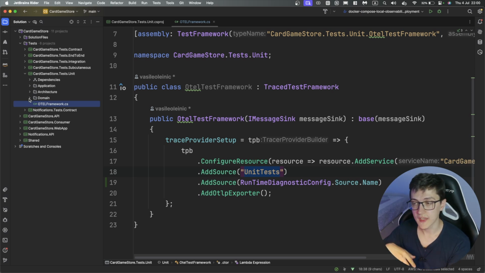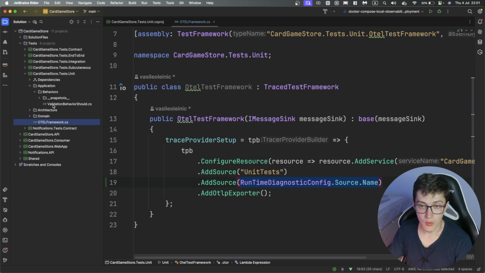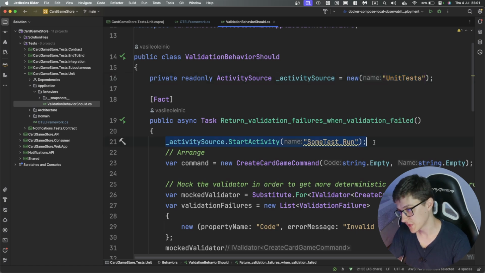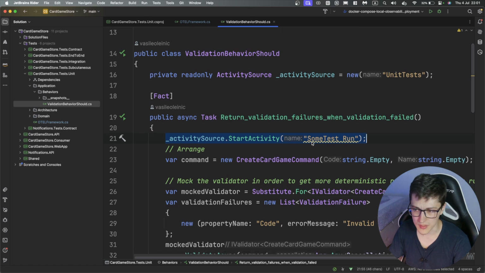If I want to add additional trace information, which is going to be used in cases where I want to add additional activities from within the tests themselves, I'm also going to add the source, which in my case from the API is the runtime diagnostic config source name. Otherwise, if we go to, I don't know, application, we have over here the activity source, which